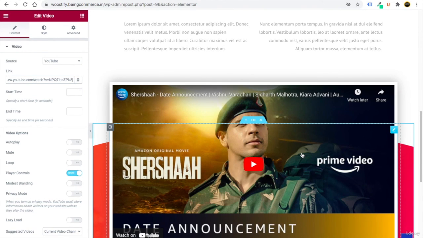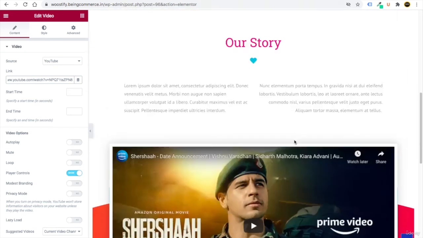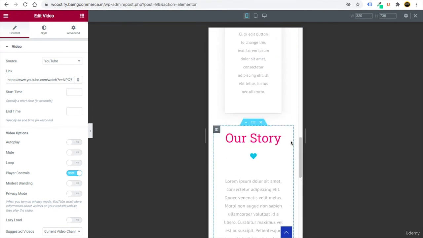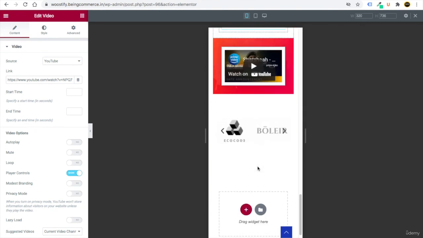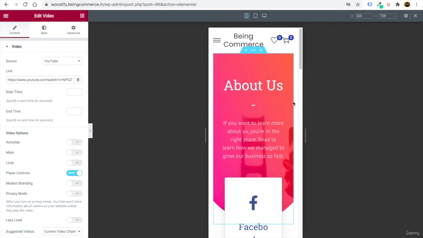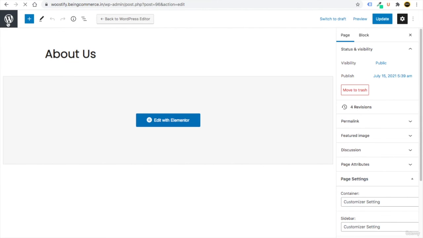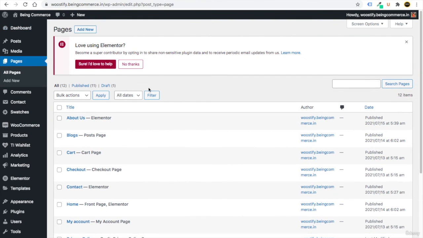Super simple, super amazing. You can customize these things, text, color, and also make sure how it is going to look on your mobile phone, desktop, and you can change it according to yourself. Okay, so this is how you can create your about us page. Then just click on update, then just go to your WordPress dashboard again. Now go to your WordPress icon so that you can go to your WordPress. So this is how you have created all the necessary pages. Okay, then you can go to dashboard.